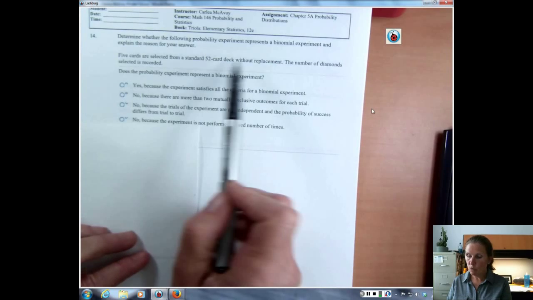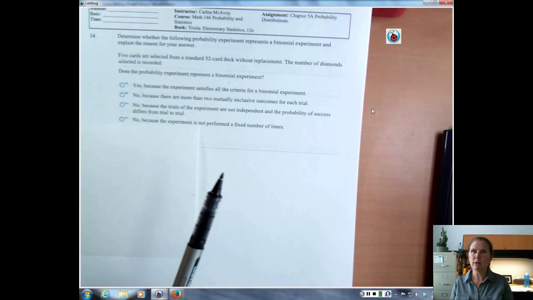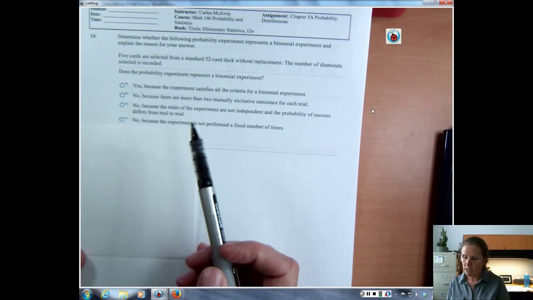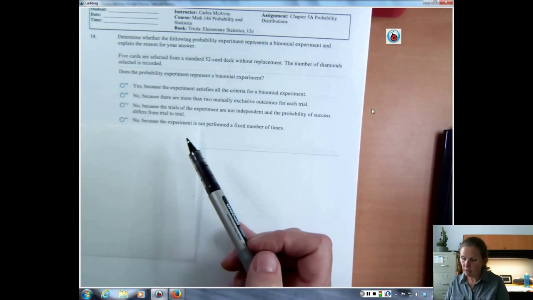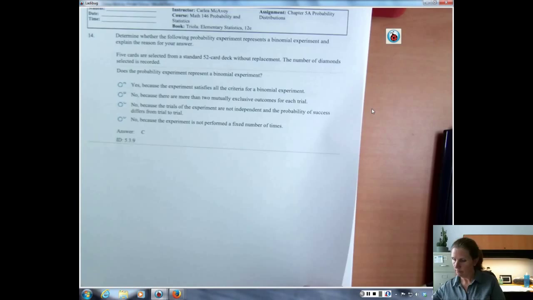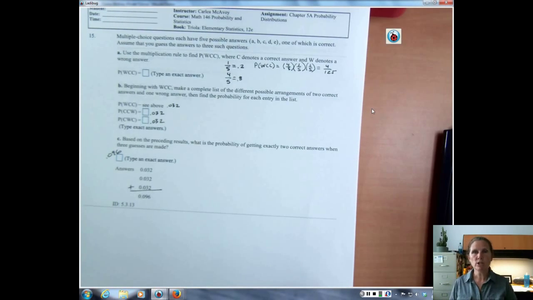And so we have not replacing, we go from 52 down to 51, then down to 50, and so forth. Every time we don't replace, we change the sample space so much that this is not okay, because there are not independent trials going on there. We need to make sure that the first trial doesn't affect the next trial, and so forth. So forget about it. Okay, so here, multiple choice questions have 5 possible answers, A, B, C, D, and E,